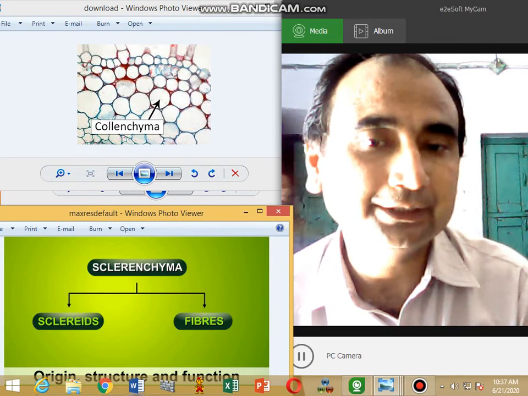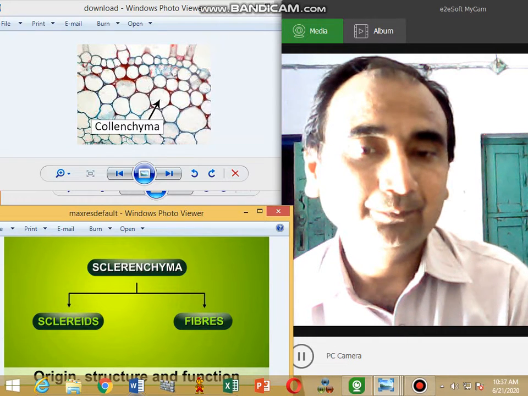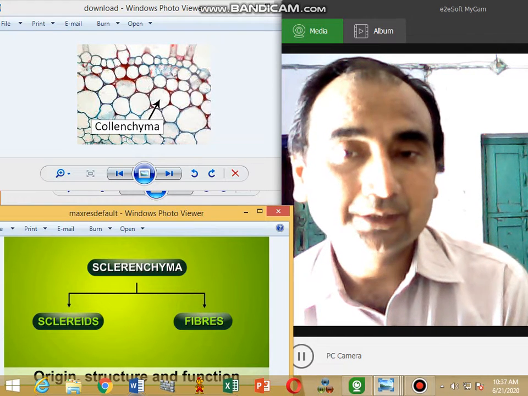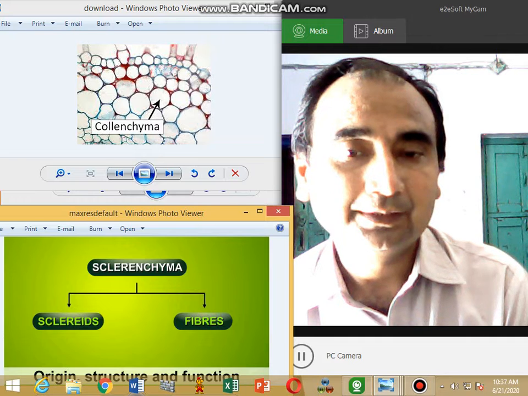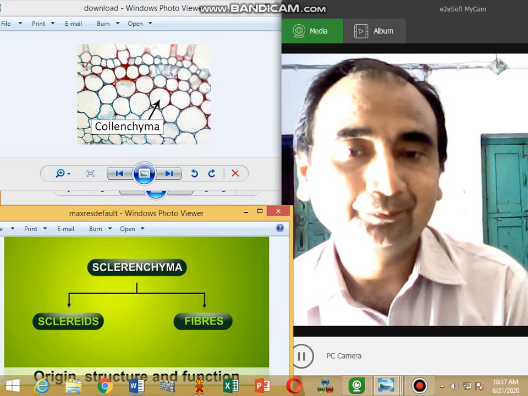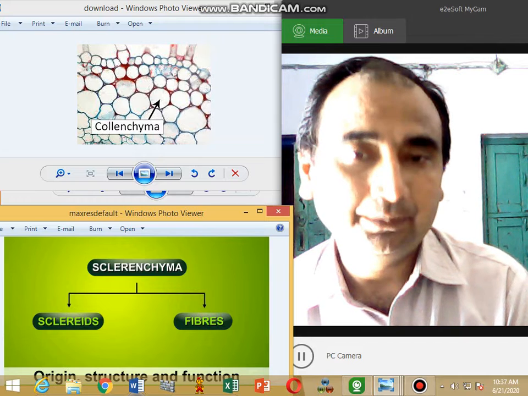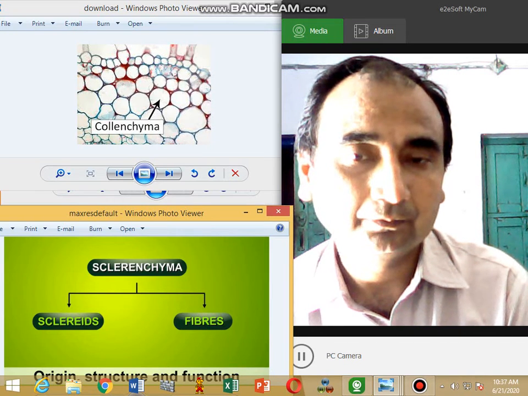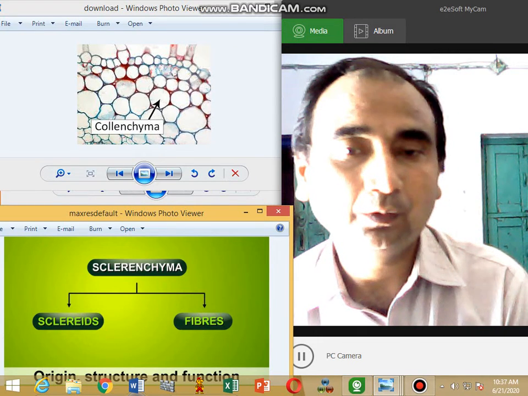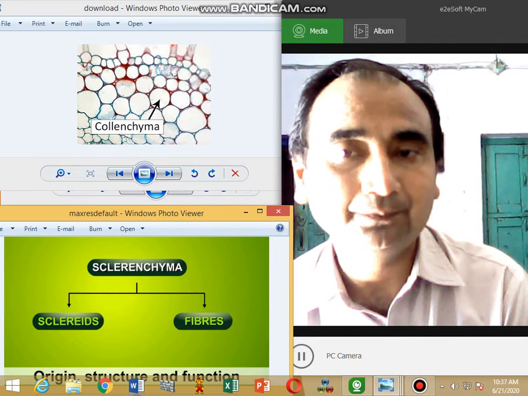Another mechanism involved in the support of the plant is by cells such as sclerenchyma cells. Sclerenchyma cells form a sheath around the vascular bundles, as a bundle cap in the sunflower. There are also other cells such as collenchyma cells. Collenchyma cells have angular thickenings, and they have lignin in their wall.